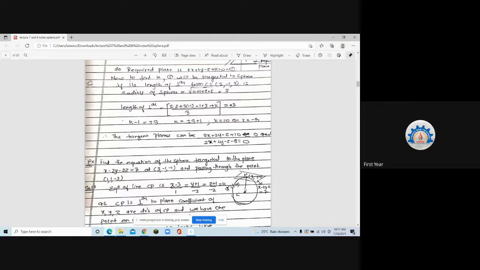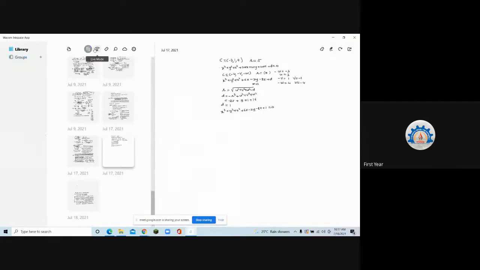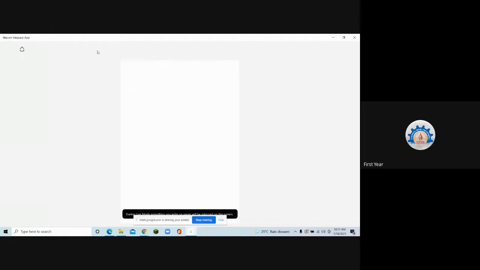Others, are you getting it? Students? Yes, ma'am. Yes. Okay, so I'll just show you here what we are going to do. If you have understood, you tell me what you are going to do. My diagram I'll draw of that sphere and plane. You tell me now what are the concepts that we are going to use. I have already explained you in short. You tell me now how you are going to do that.